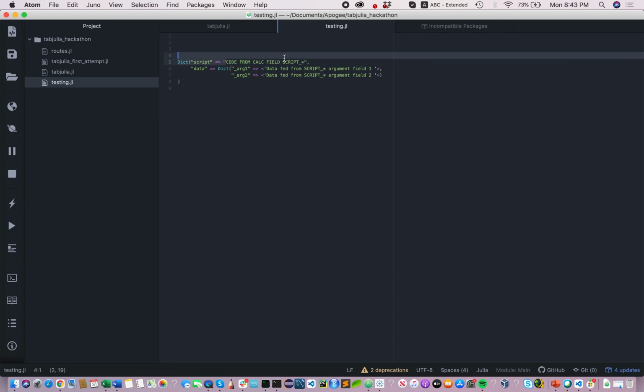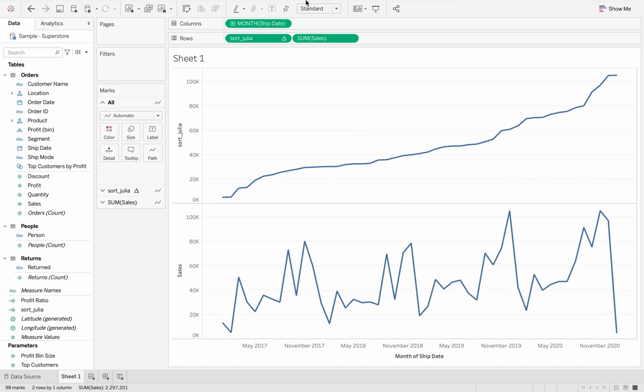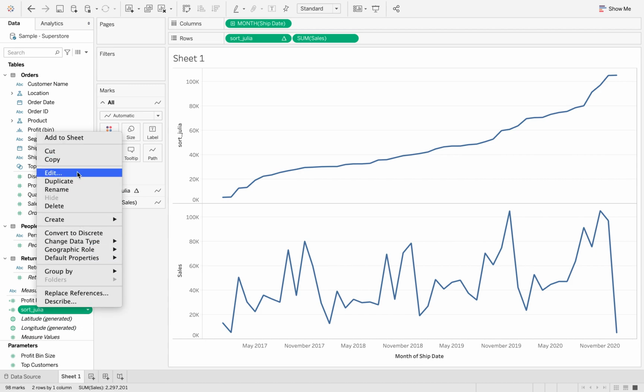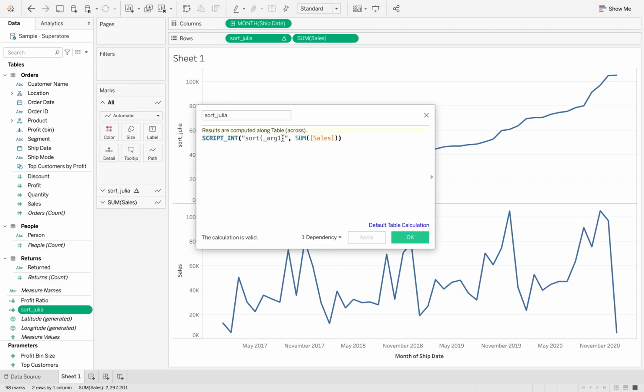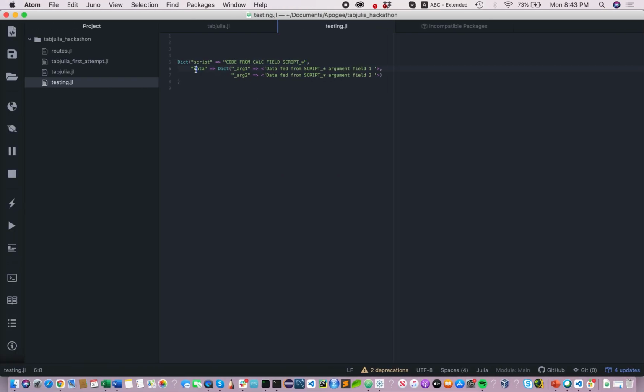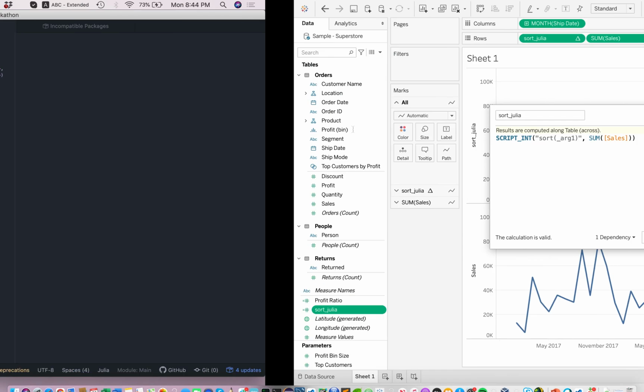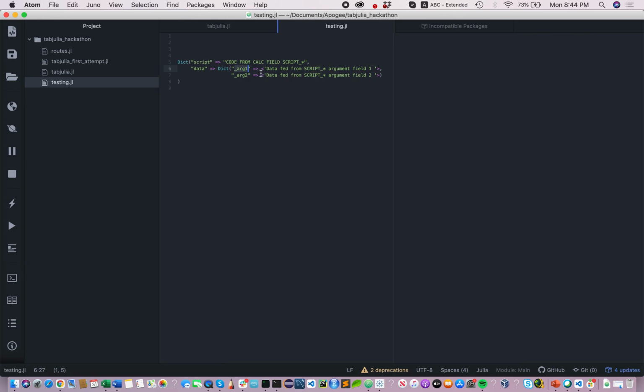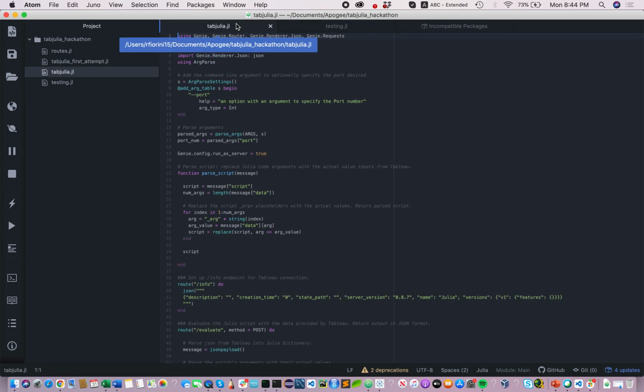The script key is the code from the calculated field, which back here we saw was sort along with a parameter, and the data key contains a dictionary with the data in list format for each of the arguments. Here we had the argument with sum of sales, which were then fed to the